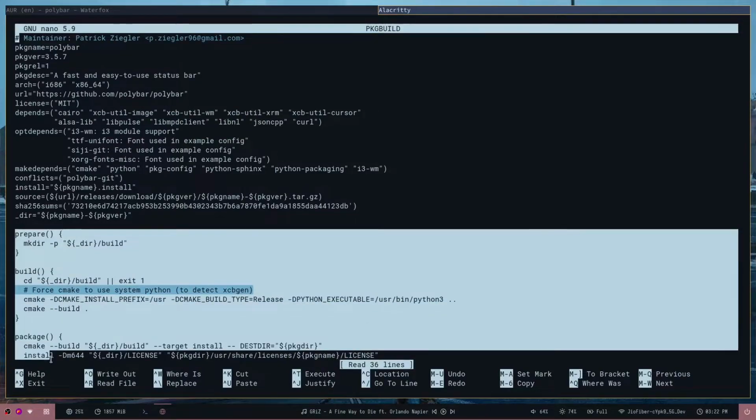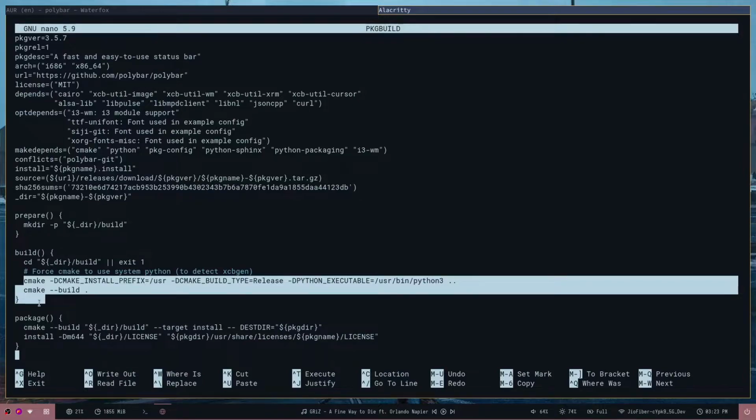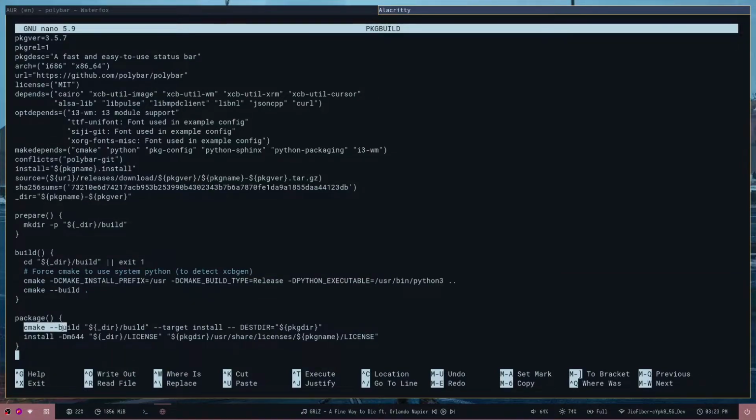From here you have the functions that will be executed. You can see there's a prepare function, a build function, a package function. There can be more functions, depending on the package. Usually a bin package has one or two functions at most. This package is built from source, so you have a greater number of functions. So just see the commands. This will create a directory. This will move into a directory, then the build process, and finally you have the install command. The install command will copy a file from the build directory to the package directory. So there's nothing sketchy in here. You can move forward to installing this.